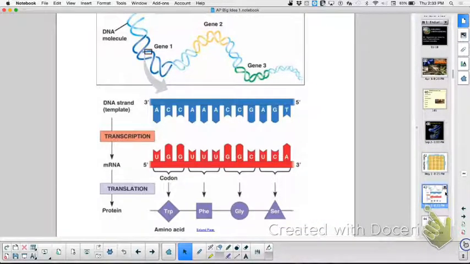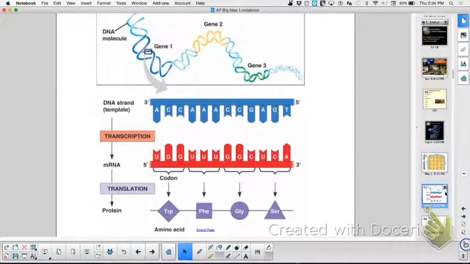And then we talked about what would this be a good picture of? If I was going to title this picture, what would I title it? Yes, the central dogma. When we have DNA and we want to make more DNA, what is that called? Replication. When would we want to do DNA replication? During mitosis or meiosis. Anytime you make more cells, you need to make more code books to go with those cells.